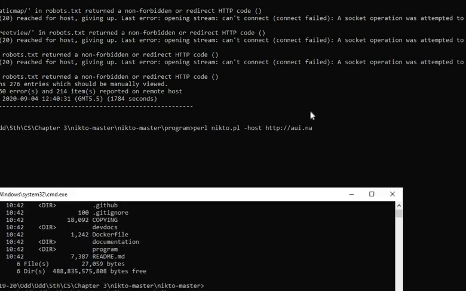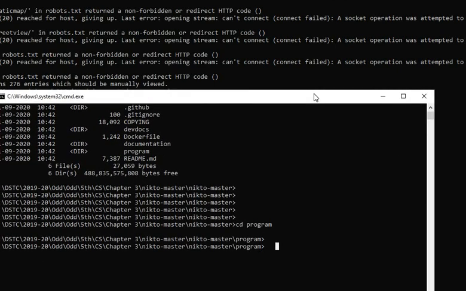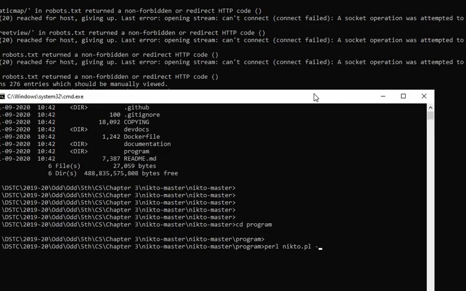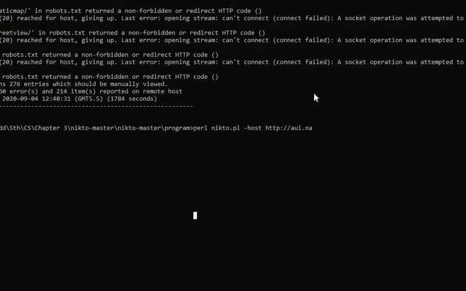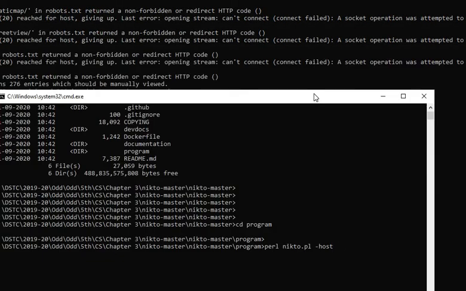So let us type it out. perl nikto.pl -host, and here you have to pass your host name. Let's say https://www.google.com, right?